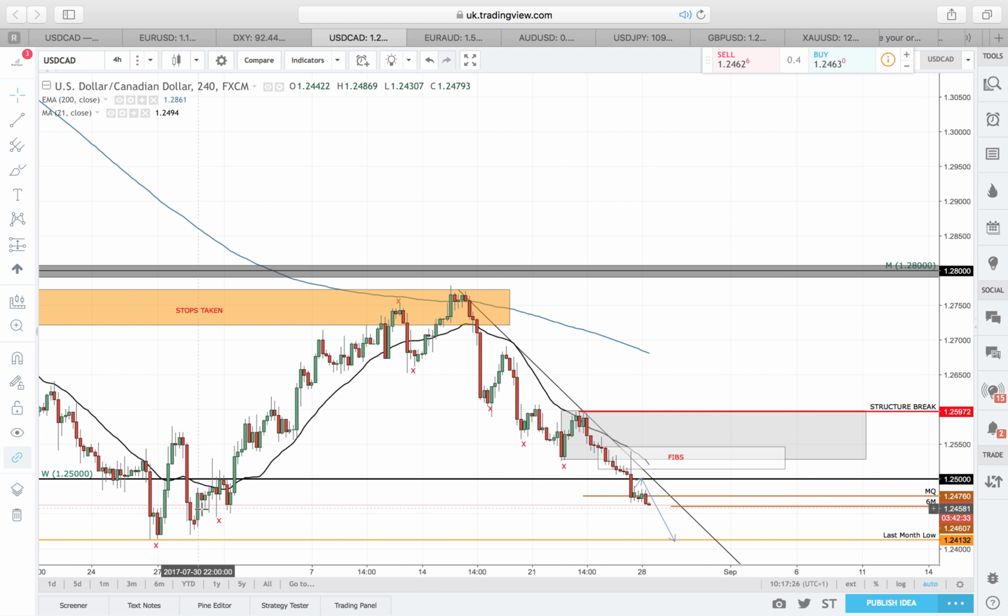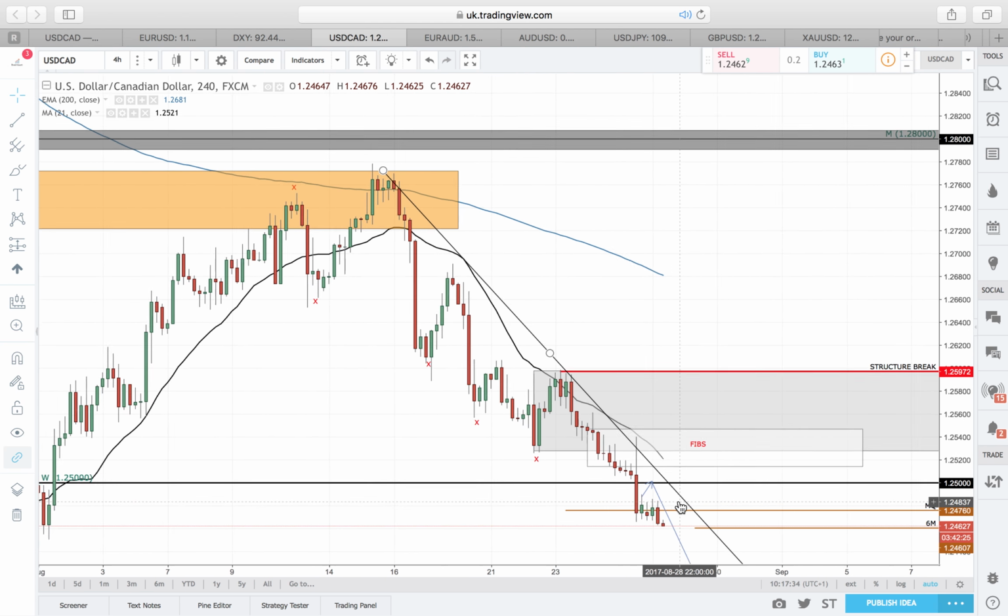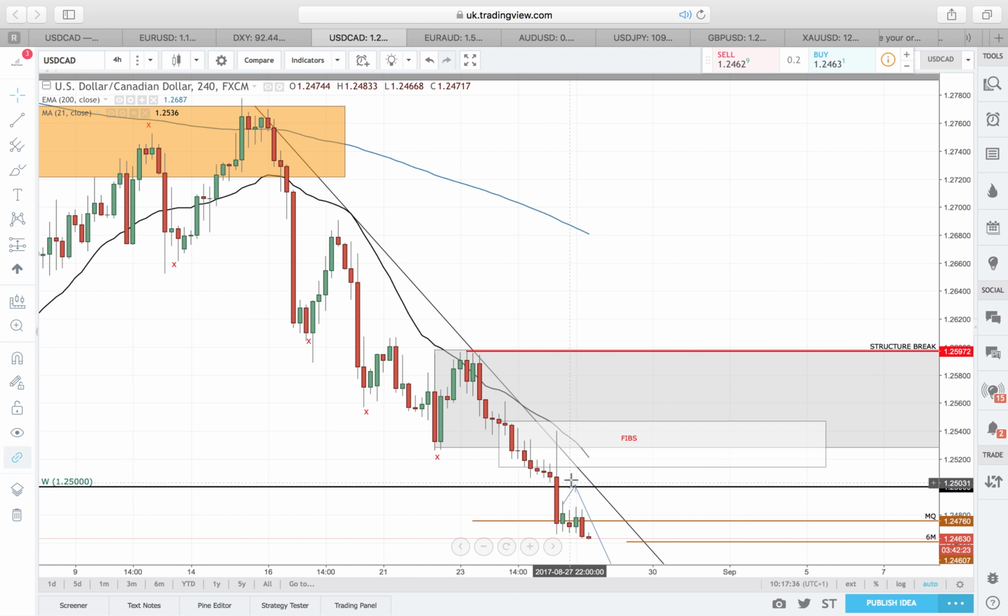Last month's low. We can use this here as targets to trail our stops initially, but the ultimate target is last month's lows. For now, if I see a retracement, if I see the market move above here, it could move into the fib territory. It's kind of mirroring DXY, because on DXY we're expecting the dollar to be a bit bullish before we sink down, and that's what we're expecting here as well. A bit of bullishness and then we sink down.